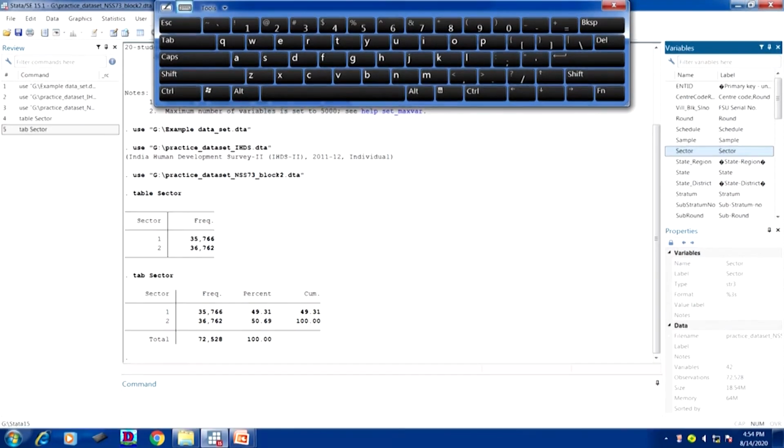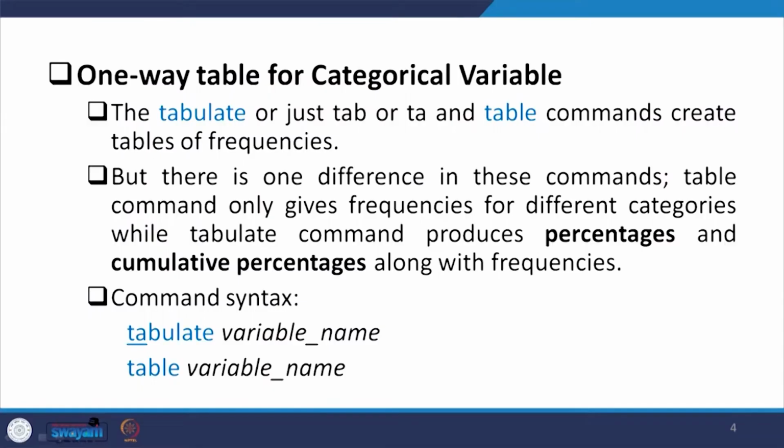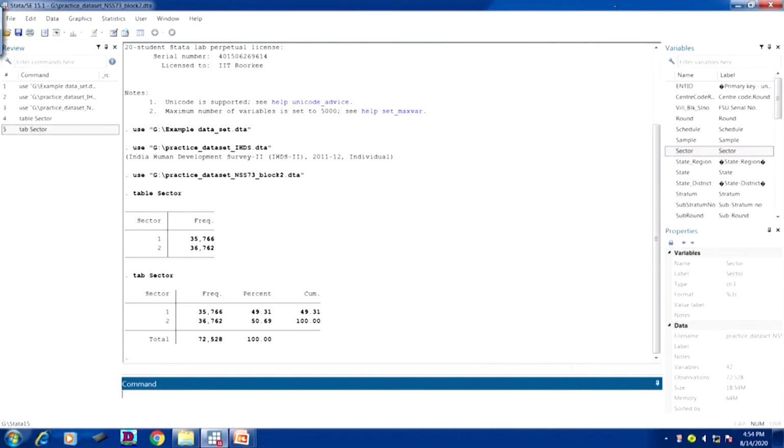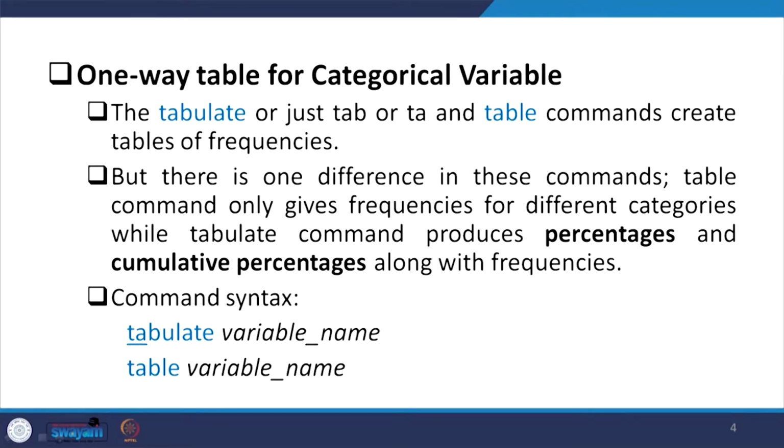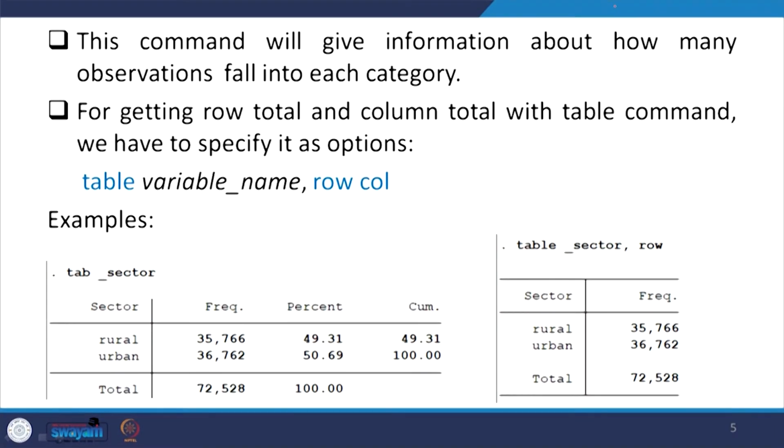So, now let me proceed once again to the understanding we did, table and tabulate. So, table gives only frequencies, whereas tab or tabulate gives you frequencies along with percentages of their frequency and their cumulative percentages. So, this is clarified. Now, this command will give information about how many observations fall into each category,